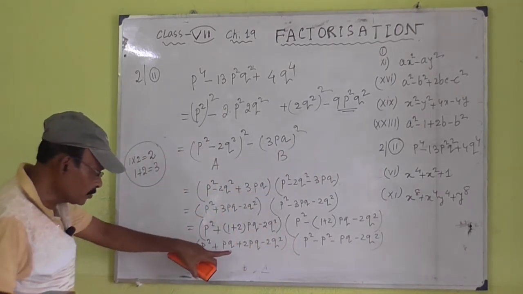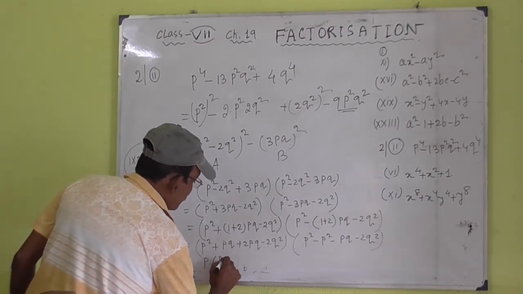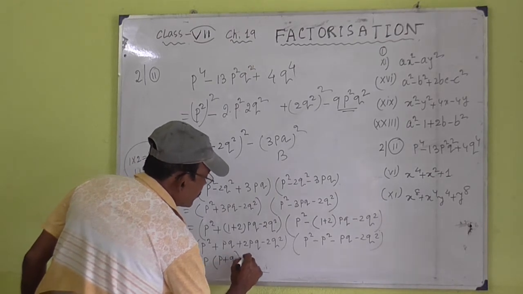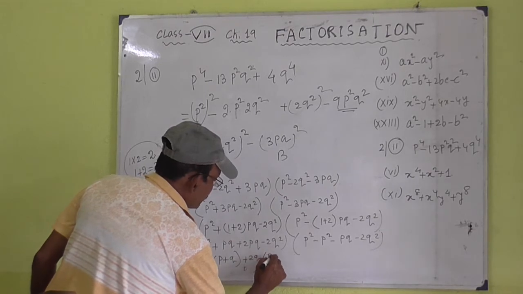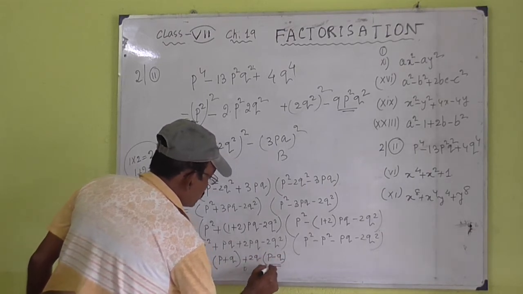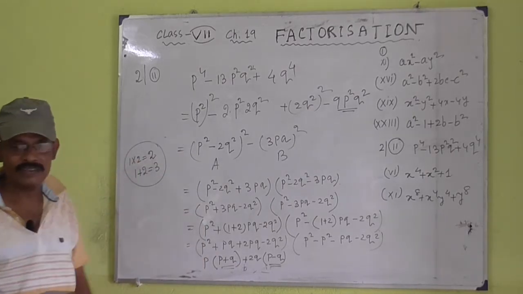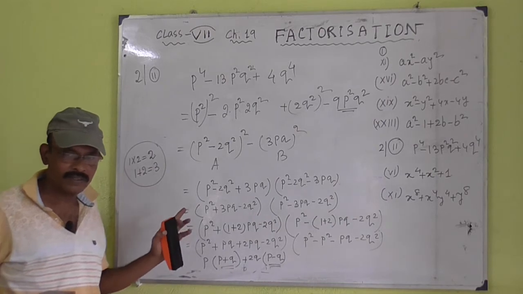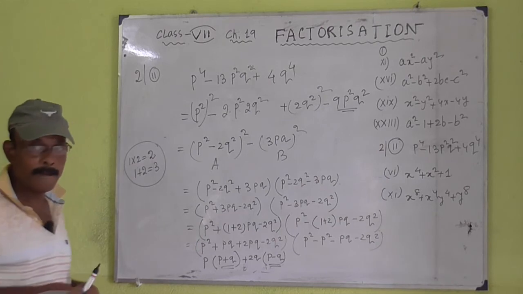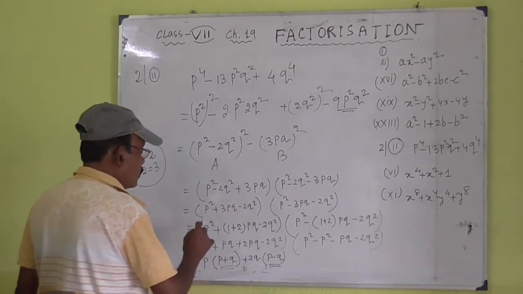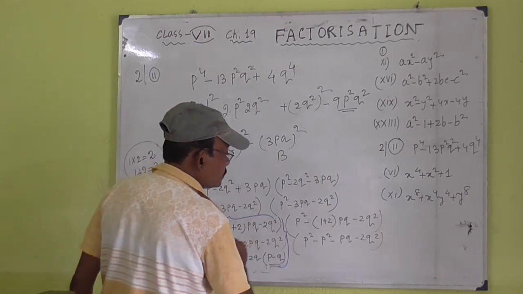So, if you try to take p common, this portion and this portion are different. So, this portion does not belong to this middle term formula. Okay. So, neglect this portion, and here,